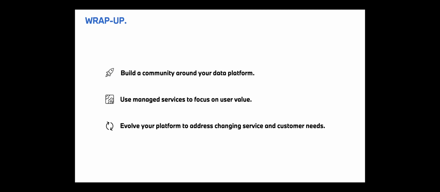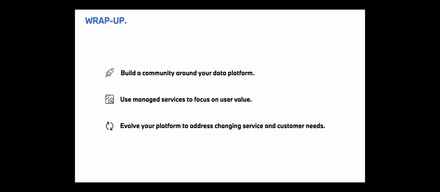Then as a second point, we use managed services to focus on user value. Basically, what you've seen in our architecture diagrams is that we are only ever using AWS managed services, or very, very high level services like Glue ETL, Lambda, SNS, SQS, and all those services, which makes your life easier as a developer. And this is really something what we love about AWS, because you don't have to work with raw EC2 instances if you don't want to. I mean, you have always the possibility, but we find it much more valuable to concentrate on our business value and not work only on the infrastructure level.